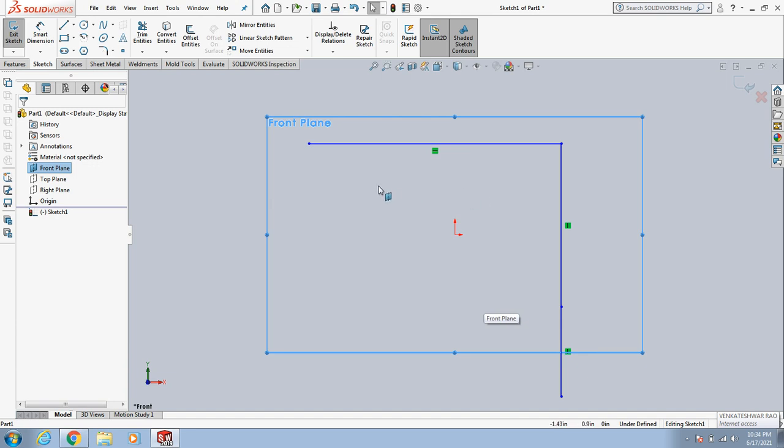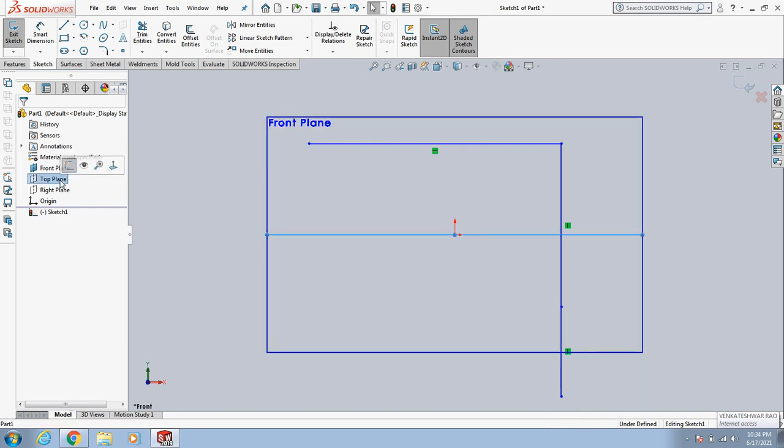Now this sketch is on the front plane. If I want to create another sketch on the top plane, I go to the top plane, select show, click on the top plane and click on sketch.